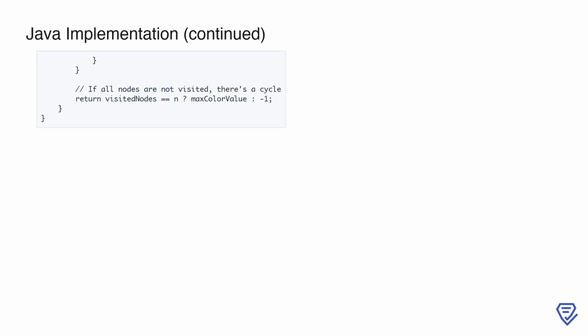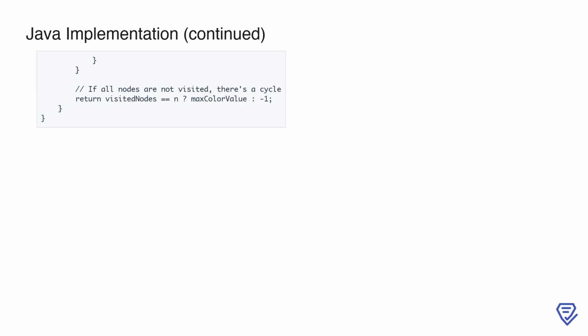Finally, we check if all the nodes in the graph have been visited during the topological sort. If the number of visited nodes is not equal to n, it means there is a cycle in the graph, and we return -1 as the result. Otherwise, we return max color value, which represents the largest frequency of any color observed along any valid path in the graph. This concludes the implementation of the solution, which efficiently combines graph traversal with frequency tracking to solve the